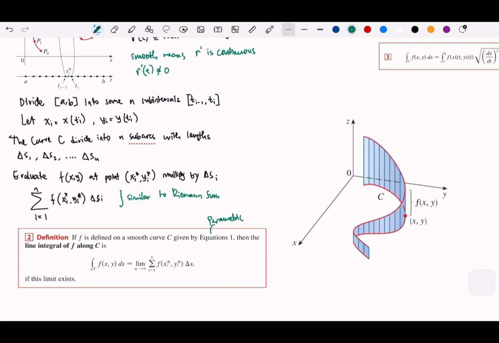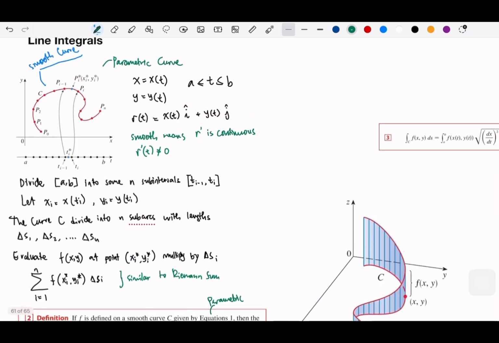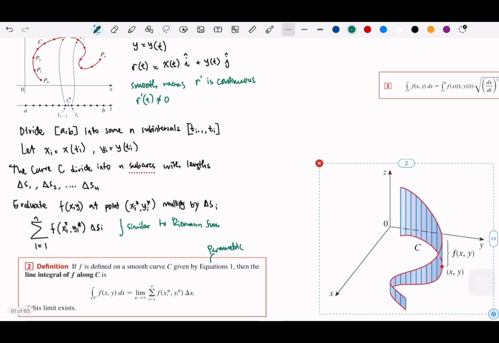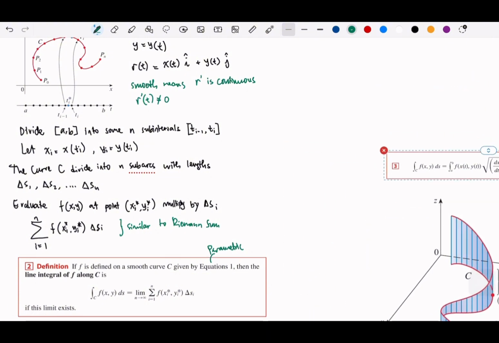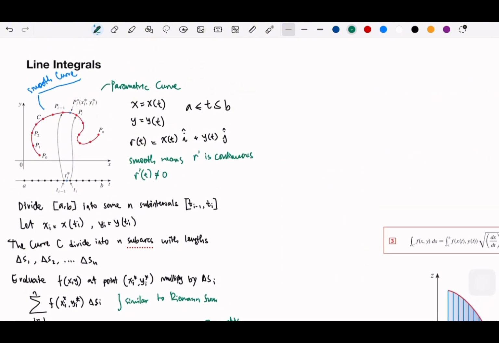So we can exchange and use the parametric equations. So let me write here. Remember that in calculus parametric, arc length is,